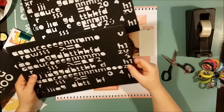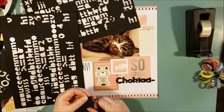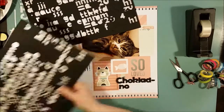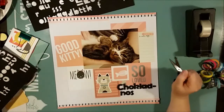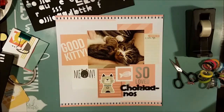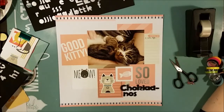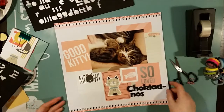that I got many years ago, and when the vowels kind of go lost, or when I don't have them anymore, the font is kind of forgotten, because it's really hard to spell anything when you don't have the appropriate letters. But I managed to cut and piece together the ones that I had into this title,